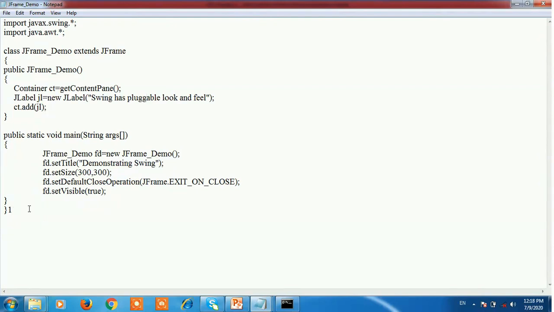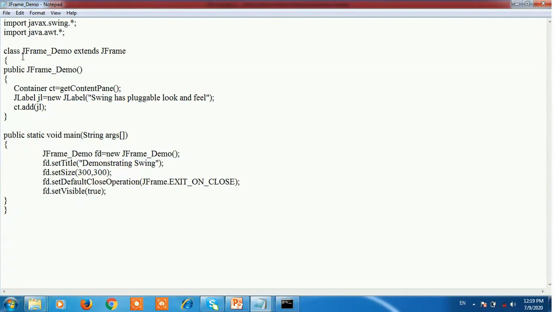The package javax.swing.* is to import the JFrame and JLabel in the program, and the package java.awt.* we import for the container. Means this package is imported for the container, and javax.swing is used to import the JFrame and JLabel.